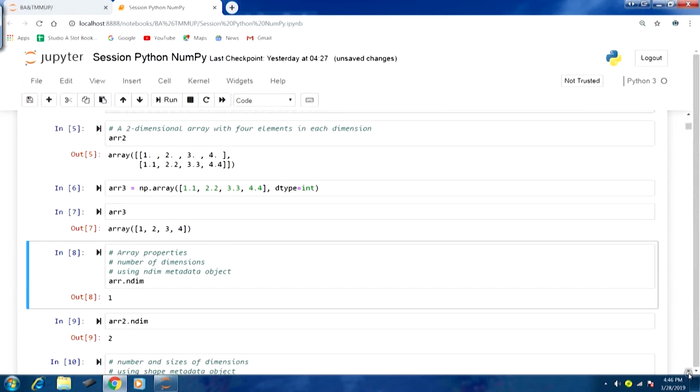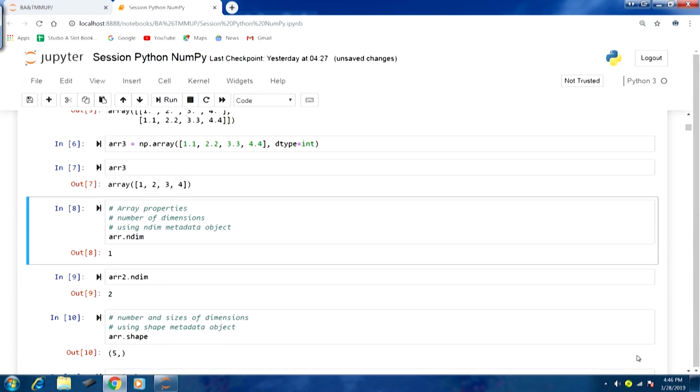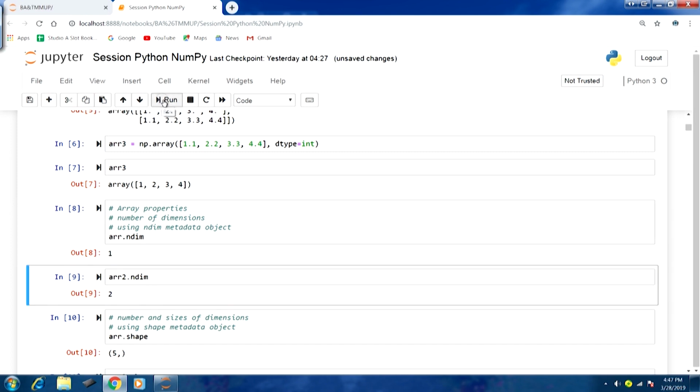Let us move further. Now, we talked about the array properties in terms of the number of dimensions and the shape of the array, which also includes the number of dimensions and the elements that are there in those dimensions. So, let us quickly go through this.